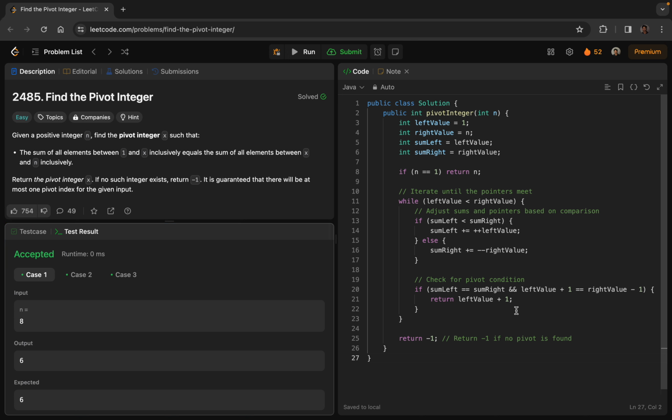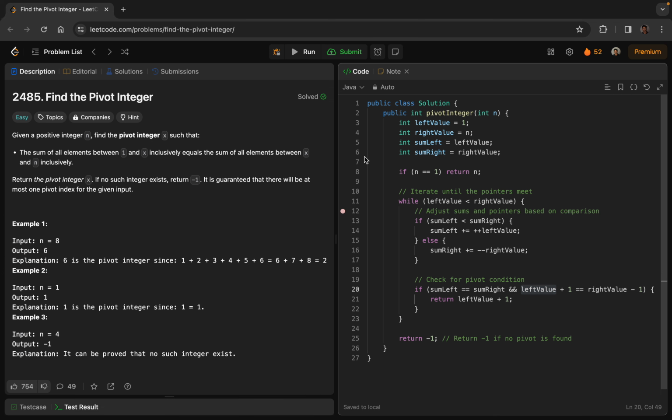Okay, I got it why they're doing that. Yeah, so we need to check that sum left is equal to our sum right. Exactly, they need to be equal. And one more thing, that left value plus 1 should be equal to right value minus 1. Yeah, so how they're doing it is